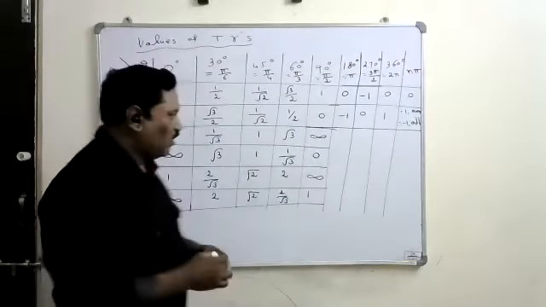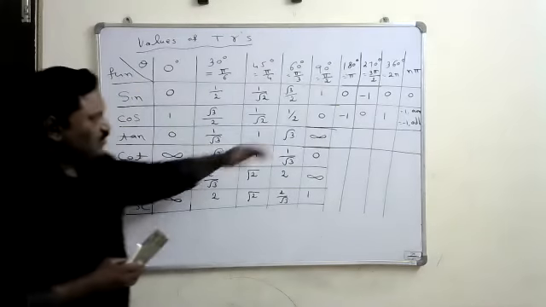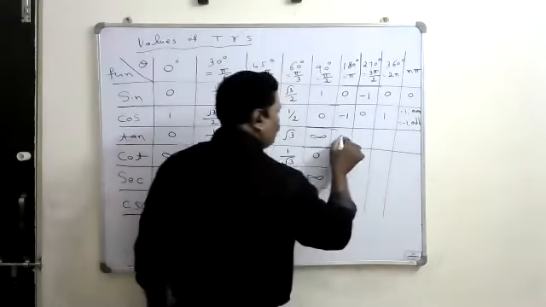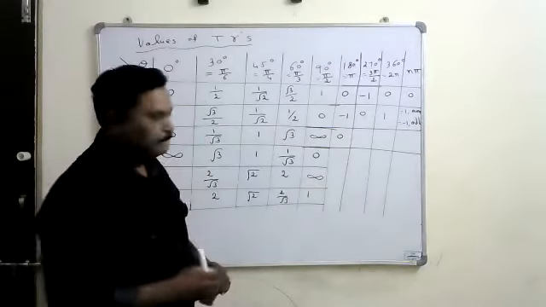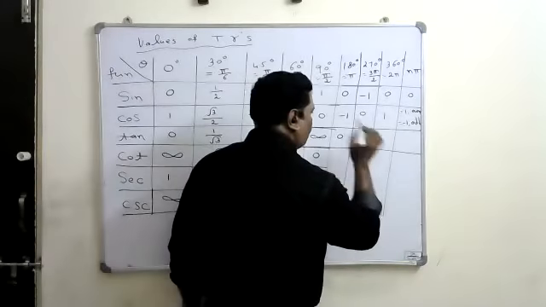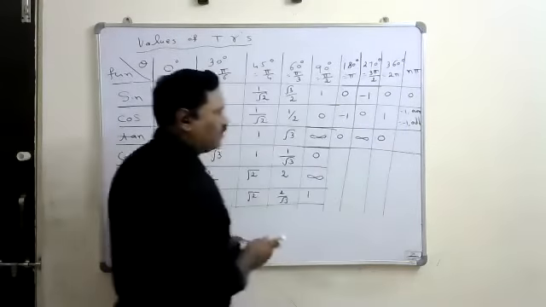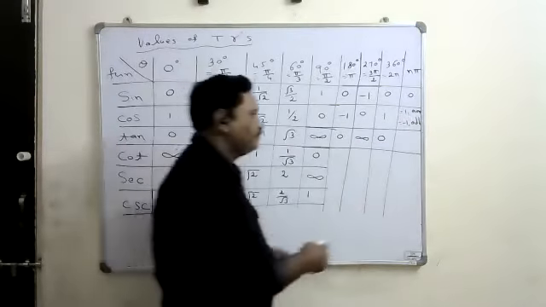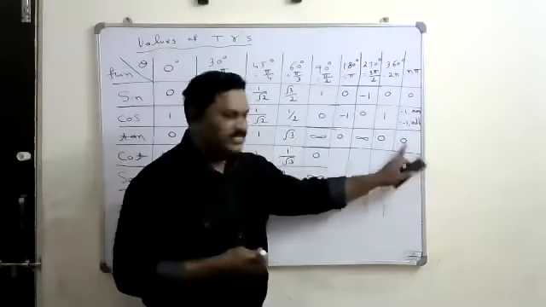Okay. So now you will see the values of tan. For tan, which is sin by cos, you have to divide these two. 0 by minus 1 is 0. Minus 1 upon 0 is not defined. 0 upon 1 is 0. Then here also 0 by 1 or 0 by minus 1. 0 by something is 0. So tan n pi value is also 0.